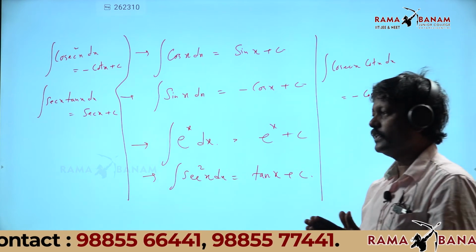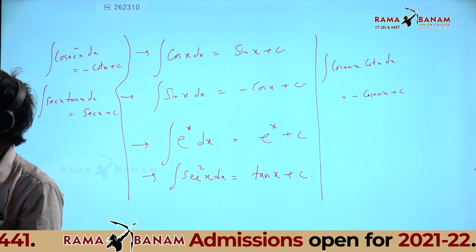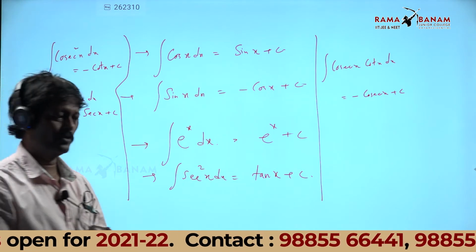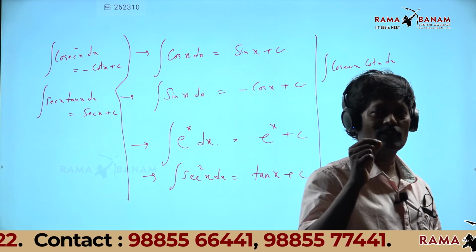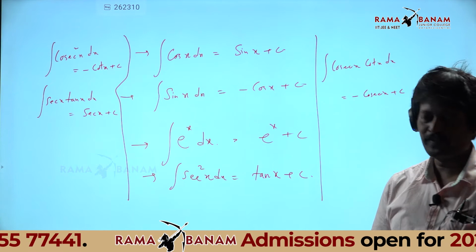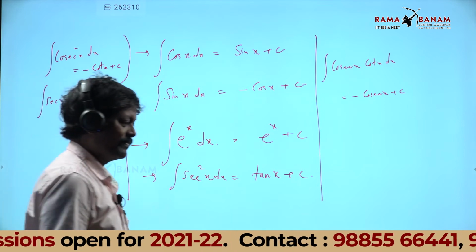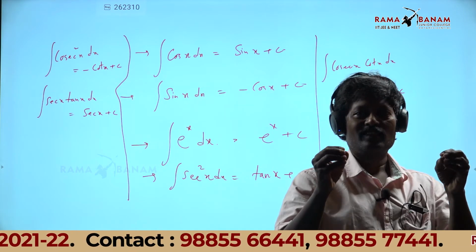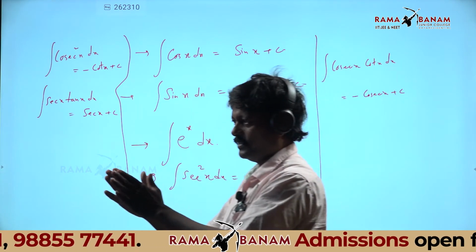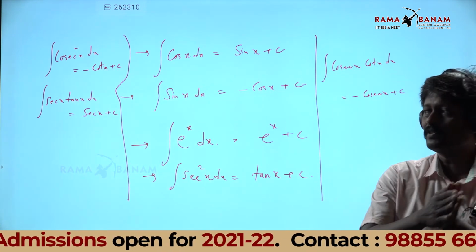Why are we interested in finding the total area? You get the physical quantity, sir. Very good. Areas will give you some physical quantity. Now when I do one example, it becomes very clear to all of you how to use this integration. So in a nutshell, what is derivative? Finding the slopes. Slopes will give you some physical quantity. What is integration? Integration is area finding. Areas will give you some physical quantity.